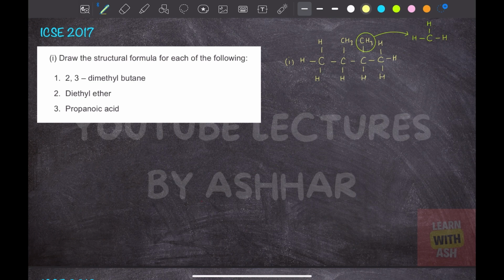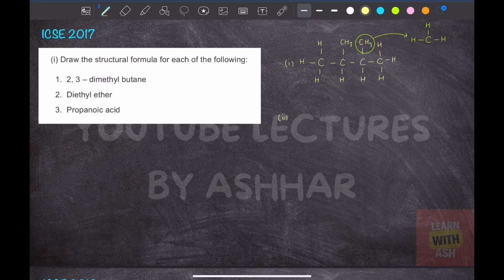Moving on with the next one, that is diethyl ether. Since there is an ether group, we know the ether group is written as O, and on both hand sides there will be alkyl groups attached to it. Since it is diethyl, on the right hand side there will be an ethyl group and on the left hand side there will be an ethyl group. We just need to finish the remaining bonds with the hydrogen atoms. So this is the structural formula for diethyl